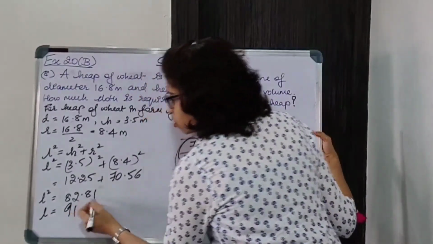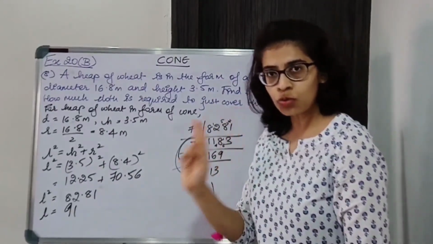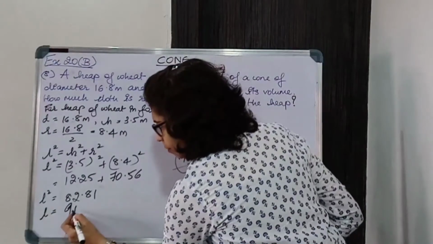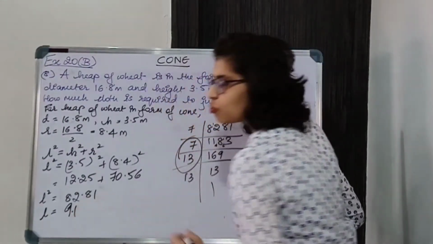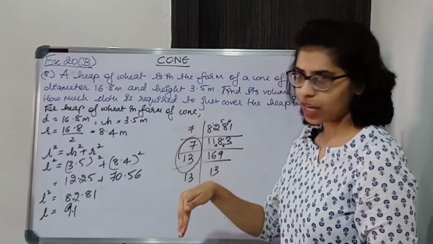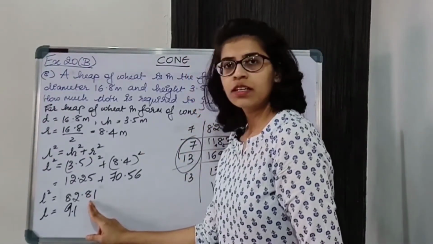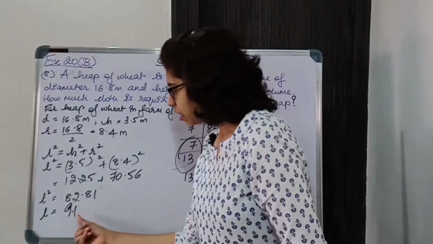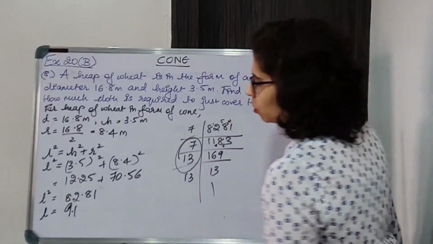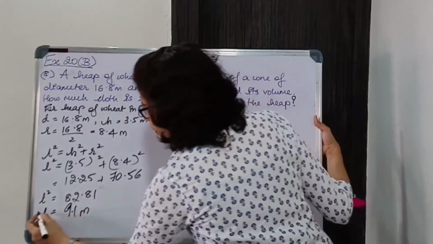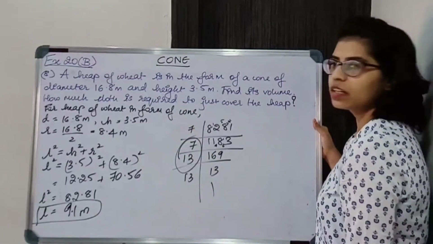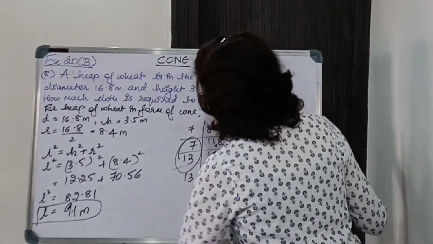Now square में there is decimal after two numbers, so over here we will put decimal after one number. ठीक है, if there is decimal point after two places, when you take square root, तो you take half of that. So if there is decimal place after two numbers, then you will put decimal point after one number. ठीक है, so L is 9.1 meter.